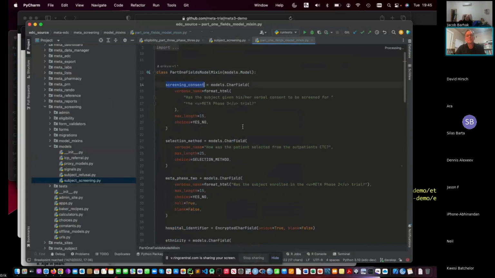So there it is. Has the subject given his or her verbal consent to be screened for the trial? And you can change this text if you need to. I can change this text. You see, the power of doing data management for clinical trials in this way is that